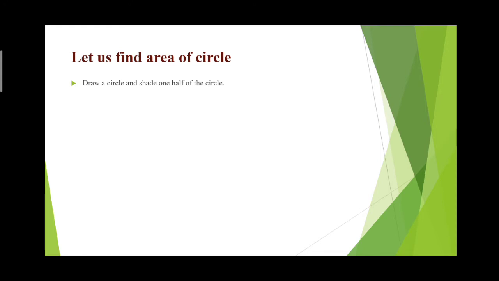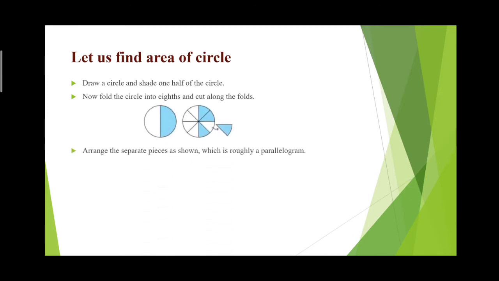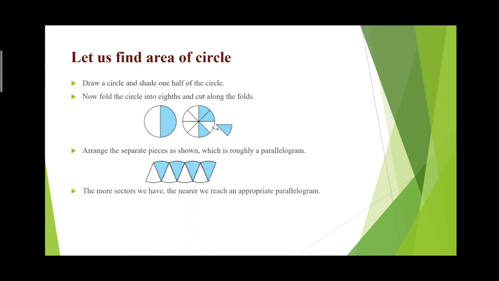Draw a circle and shade one half of the circle. Now fold the circle into 8 and cut along the folds like this. Arrange the separate pieces as shown, which is roughly a parallelogram. The more sectors we have, the nearer we reach an appropriate parallelogram. As done above, if we divide the circle into 64 sectors and arrange these sectors, it gives nearly a rectangle